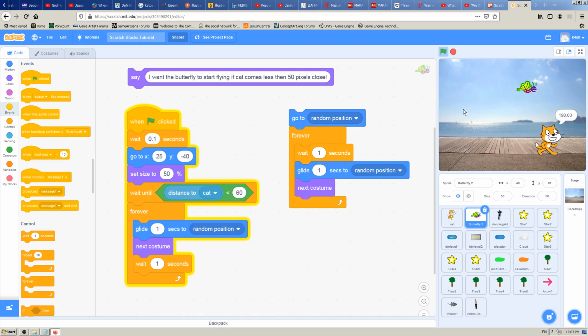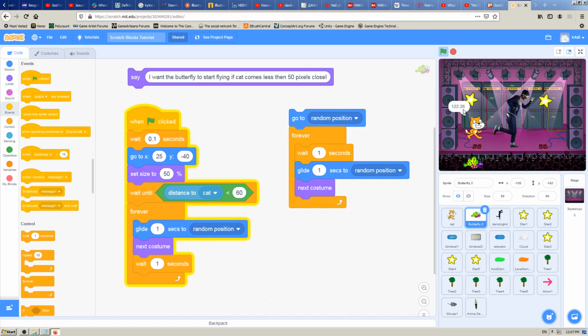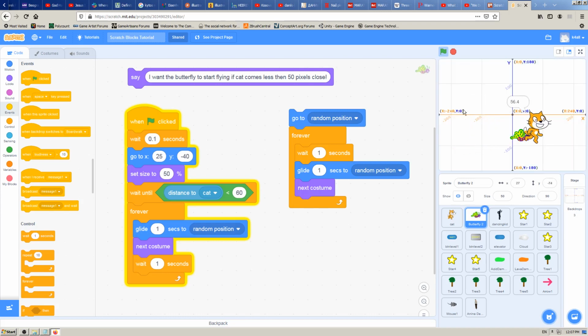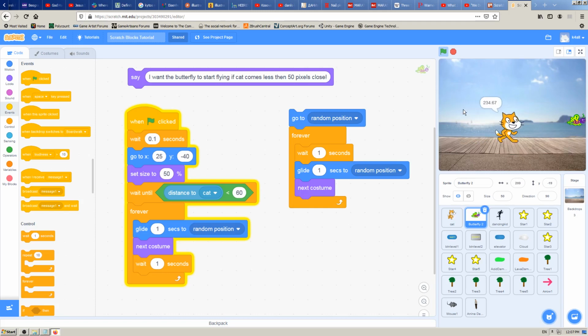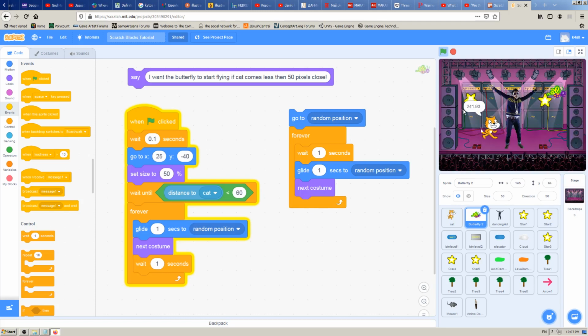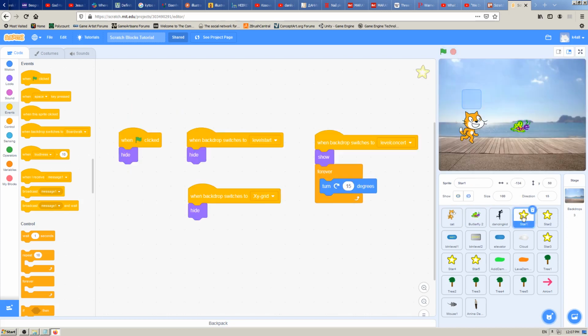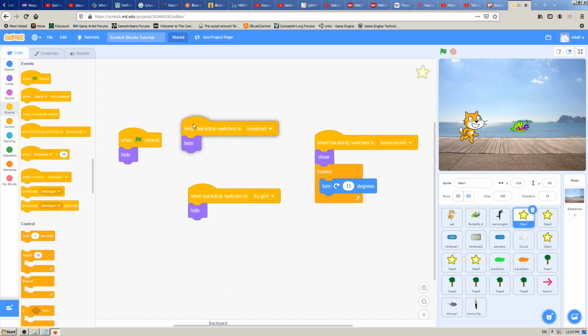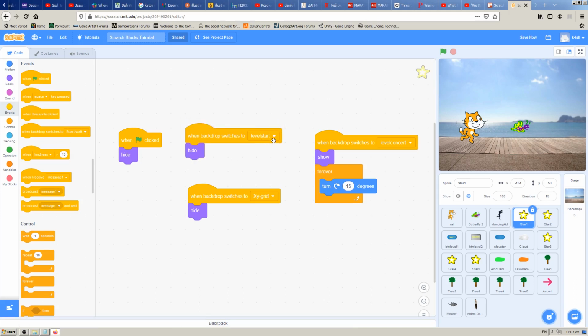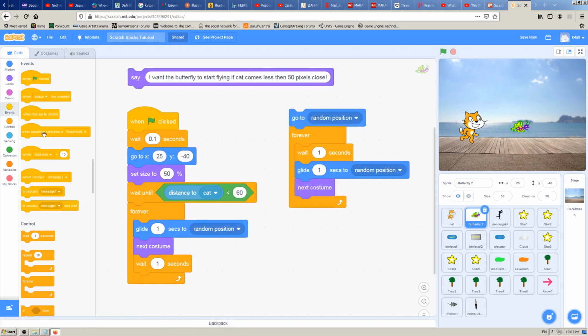The problem which we made here before is that the butterfly will not disappear when we enter level 2 and level 3, but that's not a big deal. We have learned before how to do it. I think we have used it for stars. One way to do it is to say when backdrop switches to some other level, so you can use this code for the butterfly also. Just say when backdrop switches to